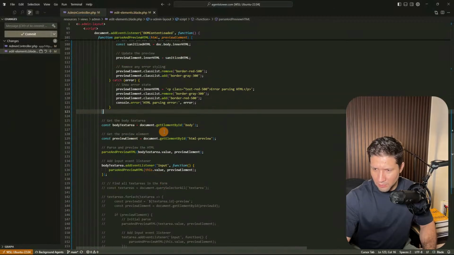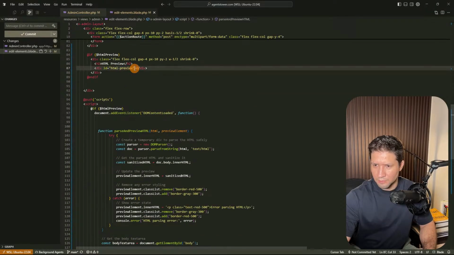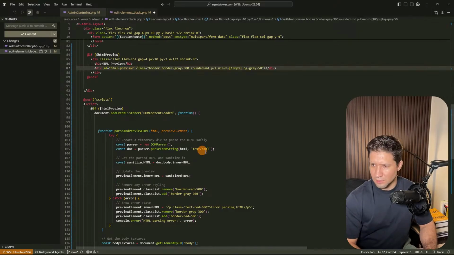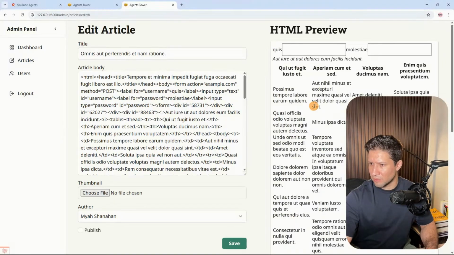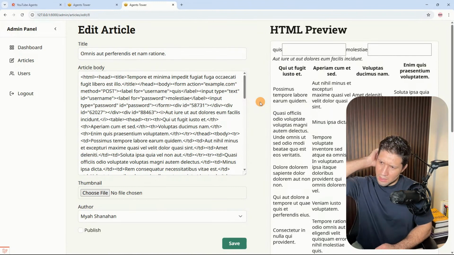I'm going to add the background color. So this is going to be in here. So let's see. I don't want a gray background. I want a white background. Okay, so I have the white background, and